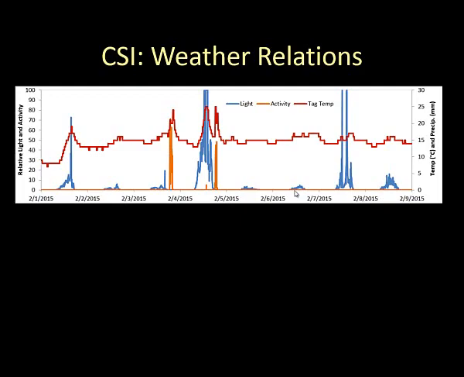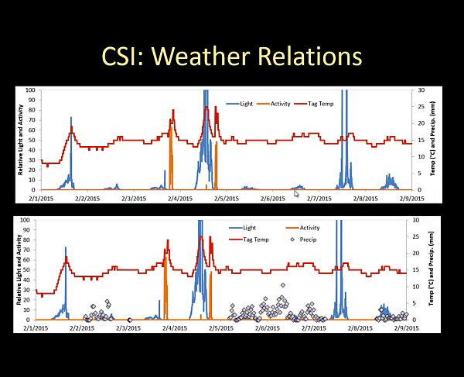But now that I had a pretty good idea of where it was, I actually could match it up to the precipitation levels and found that somehow the bat is securing itself in places that are darker during these periods of rain. This is just one anecdote, one example of what one could do with one of these tags. But I think it really opens up a lot of possibilities for what we can learn about bats, hoary bats right now, but potentially in the future other species of bats, and really begin to understand what powers them through these overwintering periods.